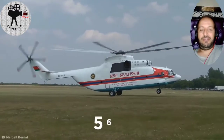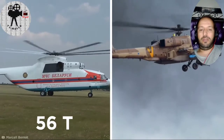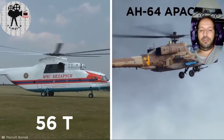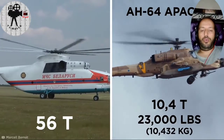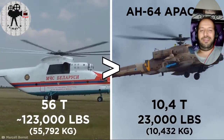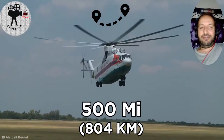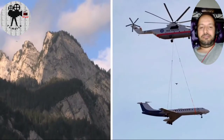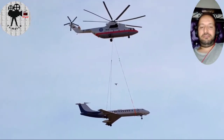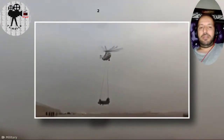Now granted, that may not seem like a lot compared to other giant machines, but compared to the American AH-64 Apache helicopter, which has a maximum takeoff weight of 23,000 pounds, there's almost 100,000 pounds of difference. With a flight range of nearly 500 miles, the Mi-26 is usually called in to help deliver large payloads to hard-to-reach places. Its day-to-day work usually sees it transporting planes and other smaller helicopters, like this Chinook back in 2002,